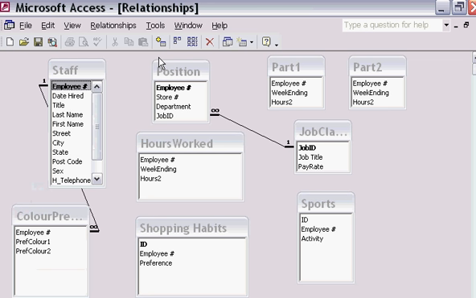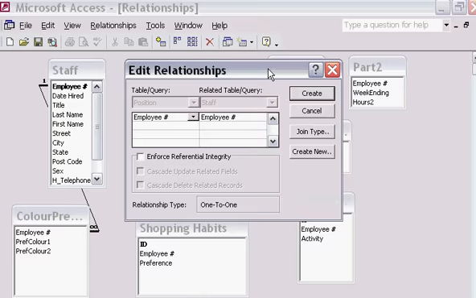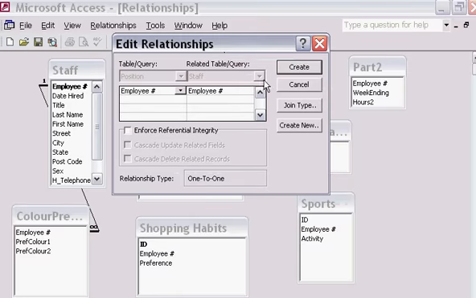I'm going to go over first to the position table, and I can see that they both share common field names. I'm going to click and drag to the staff table employee number, and when I do that, Access comes up with this dialog box. It tells me there is a relationship or a connection with the information between the two tables, the position and